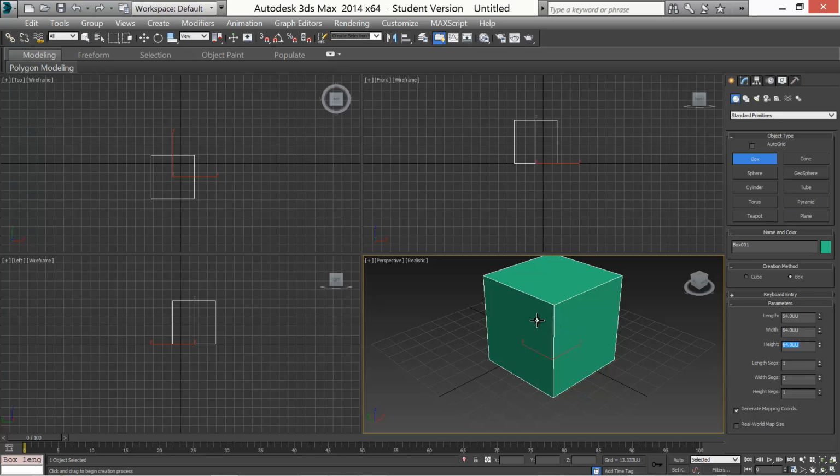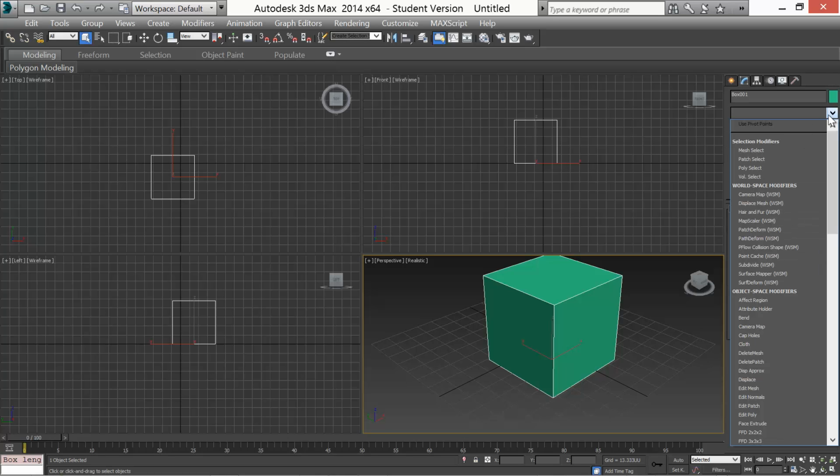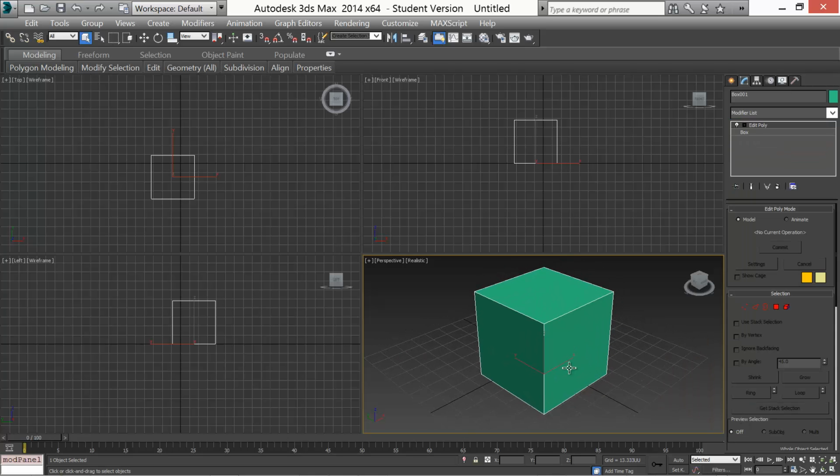Once I've created my box, I'm going to go over to the Modify tab. I'm going to select Edit Poly, and while I don't need to do any manipulation of my model, I can do so in this mode. But instead, we're going to go ahead and use this simple box as our first example, and we're going to